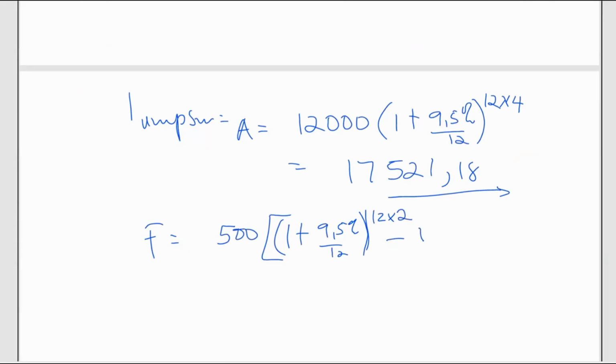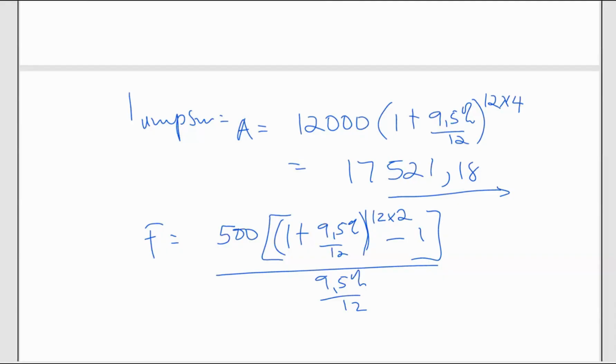Minus 1 over our 9.5% over 12. Okay, substitute that into the formula. 500 into 1 plus 9.5% over 12, to the exponent of 24, and then we subtract 1, divided by